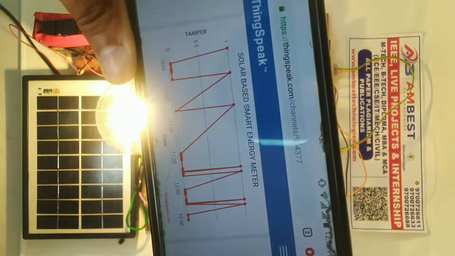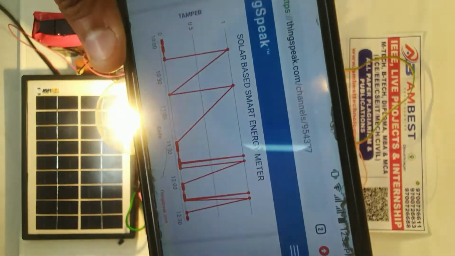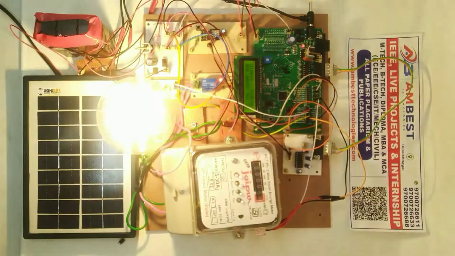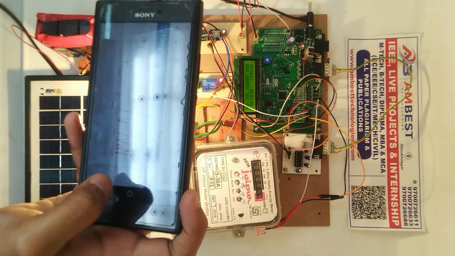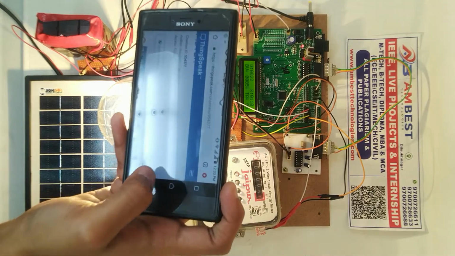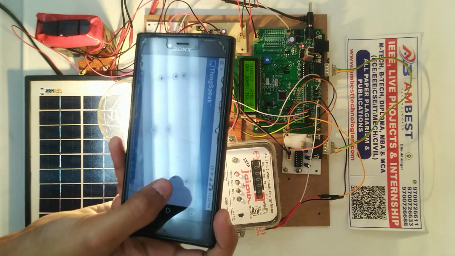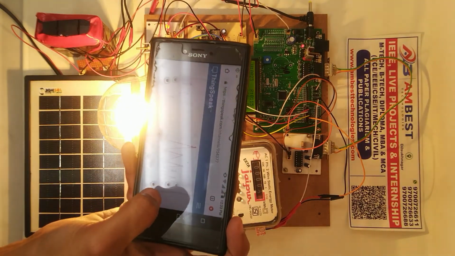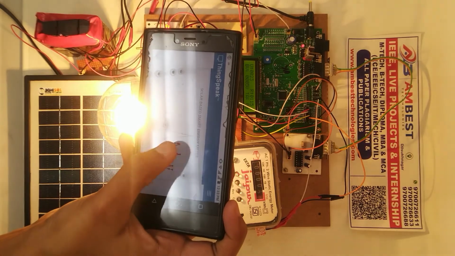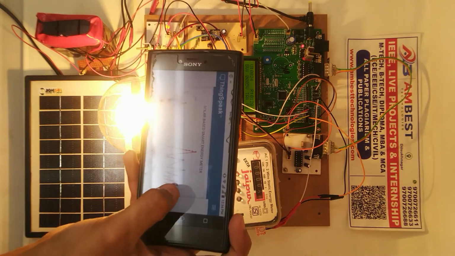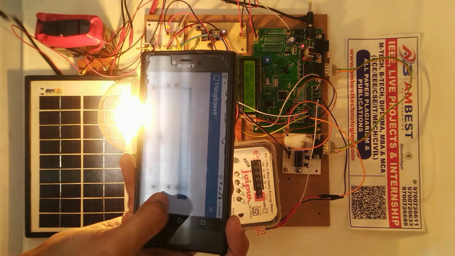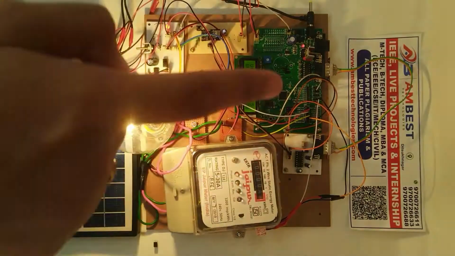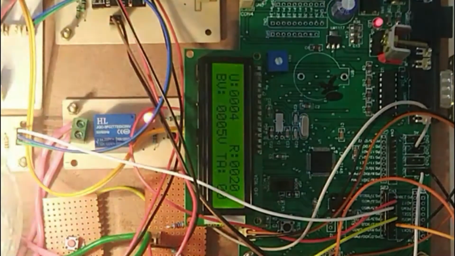I'm going to explain each of them and show you the operation one by one. Automatically for every 5 units, the graph increases in the units, and also the cost. Until now, 20 units have been consumed, and for that the cost is 100 rupees, as you can see in the graph at this point. The battery voltage at the moment is 5 volts, and it is also displayed on the LCD.